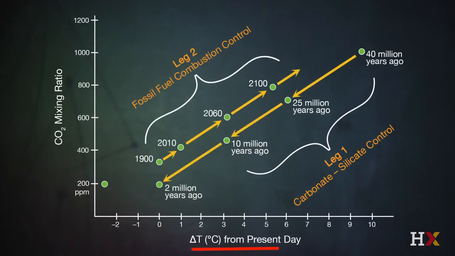So when we stand back and look 40 million years into the past, it's tempting to say, well, that's 40 million years ago. I'm interested in what's happening next year, 5 years from now, 20 years from now. So to demonstrate that, let's plot the change in temperature from the present day exactly the same way we did before. 0 is a condition equal to the current average temperature of the surface of the Earth. And on the other axis, we'll plot the carbon dioxide mixing ratio. Now this is the effective carbon dioxide mixing ratio.